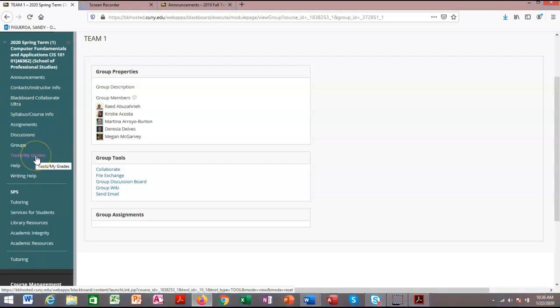The My Grades, obviously when you click into My Grades, you'll be able to see your grades. I post all of the grades. I try to grade everything within the week. So if your assignment is due February 3rd, by the time February 10th comes, I should have posted your grades. I always put an announcement in the announcements page that I have posted your grades, so that you can take a look.